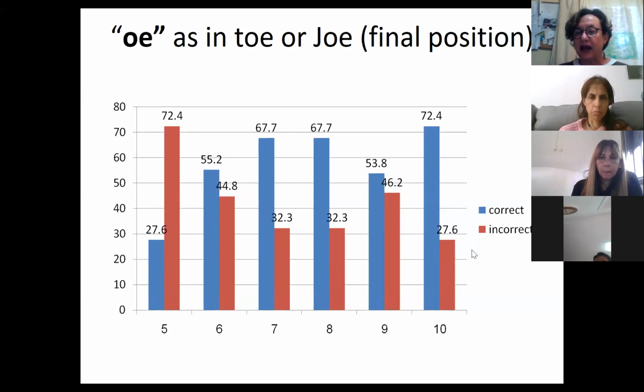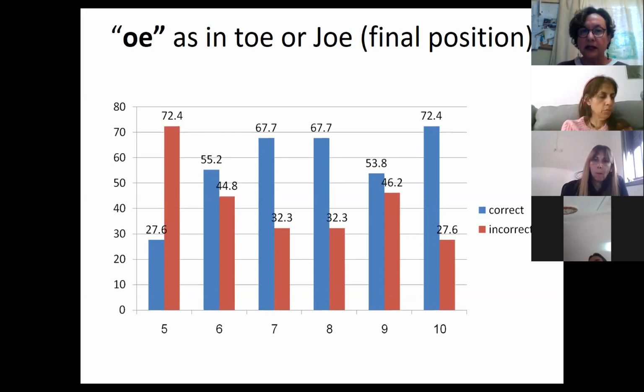So when I was examining this together with my colleagues all those years ago, OE was considered more difficult. You can see, and it's just going to get worse from here. So, and again, somebody might say, yeah, but when they see it in a word, they are able to identify it. And that's very much how English is often taught. It's taught in a whole language kind of way. So you just recognize the word as a lexical whole,